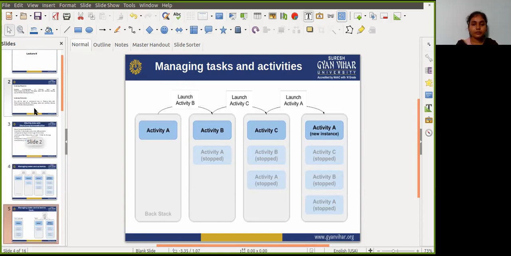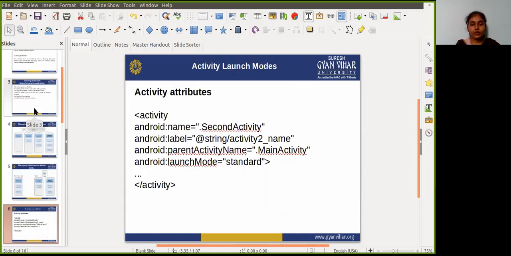So, activity launch mode. Use activity launch mode to indicate how new activities should be associated with the current task when they are launched, that is, whether they should be added to the current task or launched into a new task. You define a launch mode for the activity with an attribute on the activity element of the Android manifest, or with a flag set on the intent that actually starts the activity.